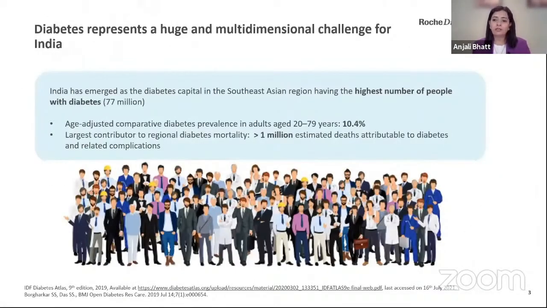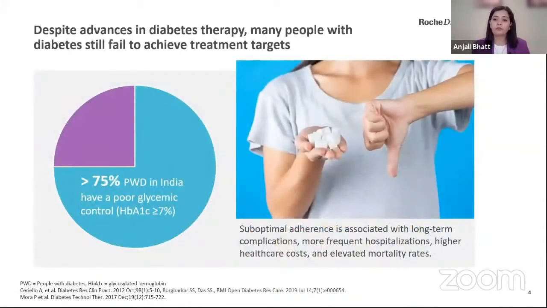So we all know that diabetes is something that we are still finding elusive to get into target. In spite of all the methods or the efforts to prevention and management of diabetes, we still have the prevalence of diabetes in our country as high as 10%. So if 10 people are sitting in a hall, one of them is going to have diabetes, and we are the largest contributor to the pool of diabetes in the world. And not only that, not more than 20 to 25% of people in our country have achieved the target that is known to prevent the complications in future.